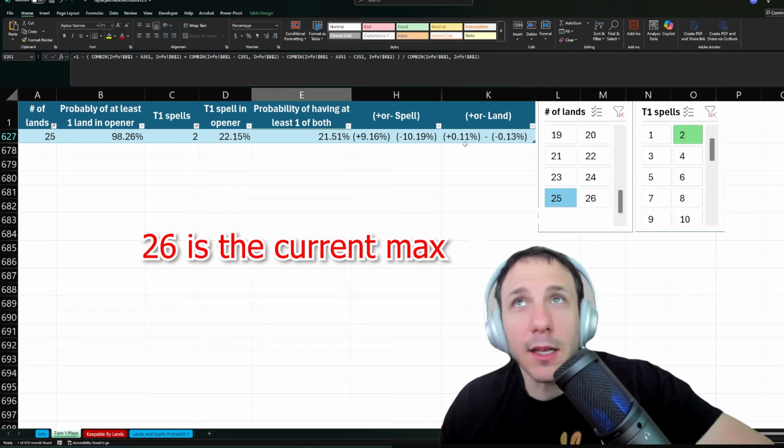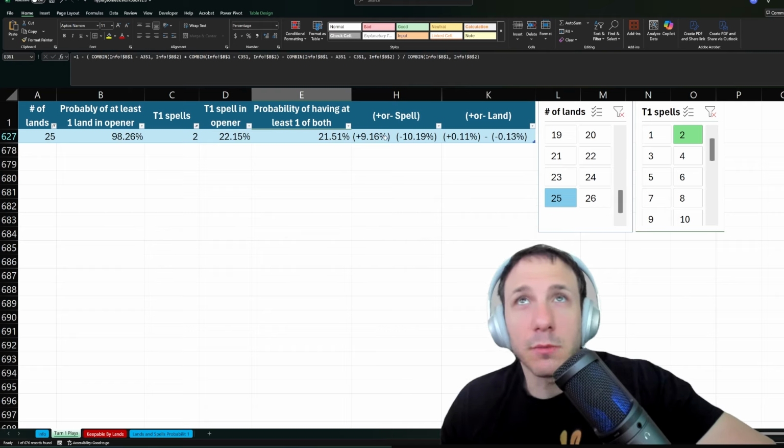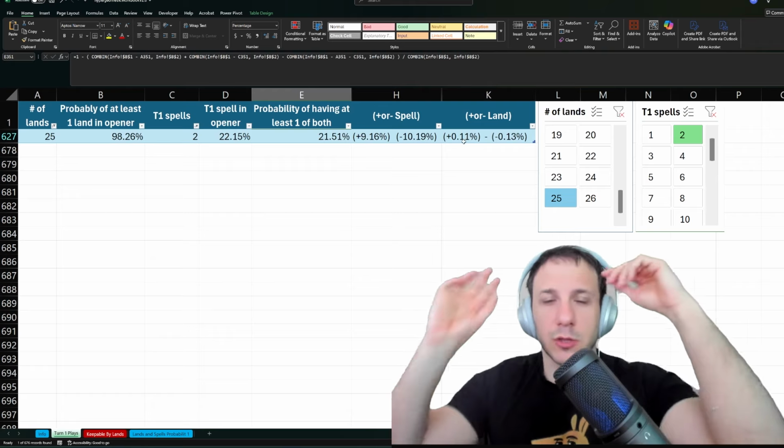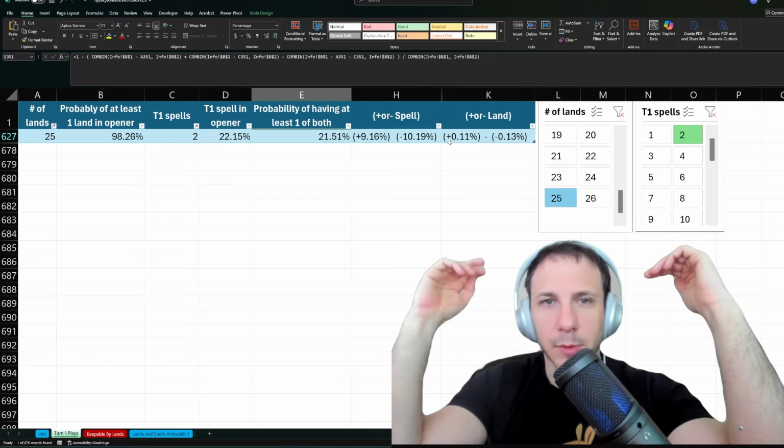If you were to add an additional spell to your deck, you would go up by 9.16, but if you add an additional land, you're only going up by 0.11. So it kind of shows you, and this might be obvious to some math nerds, that